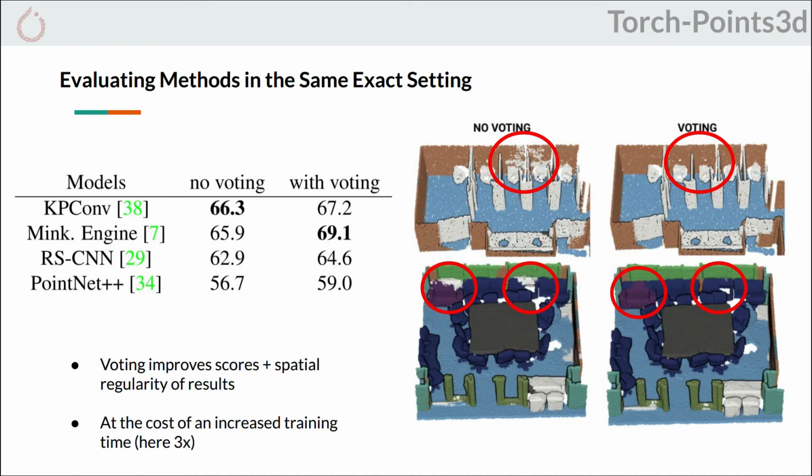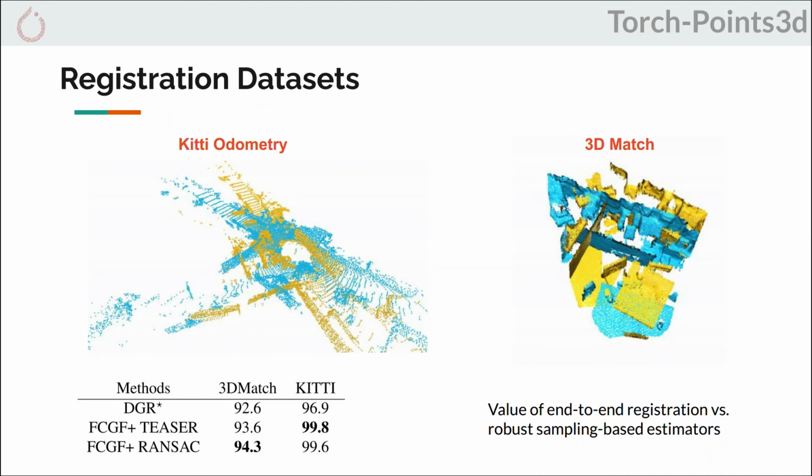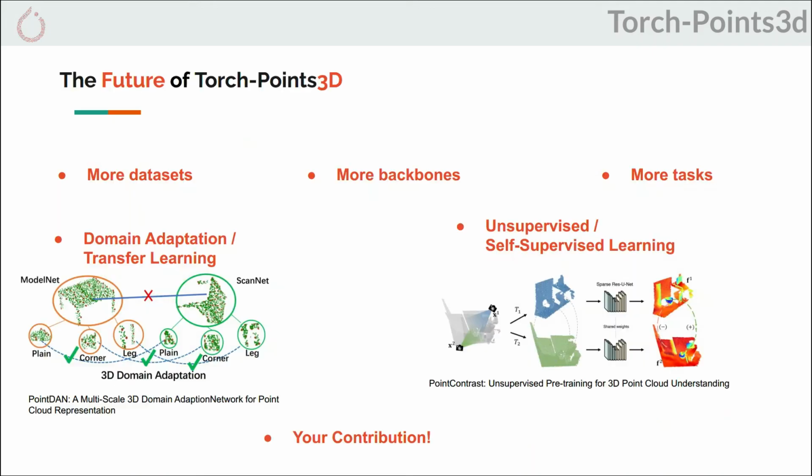Finally, we have run our experiment on point cloud registration tasks using our re-implementation of state-of-the-art methods on the KITTI and 3DMatch datasets. We have observed that sampling-based estimators, such as RANSAC or Teaser, produce very satisfying results, even compared with end-to-end methods. We have many plans for the future of TorchPoint3D, such as adding even more datasets, backbones,